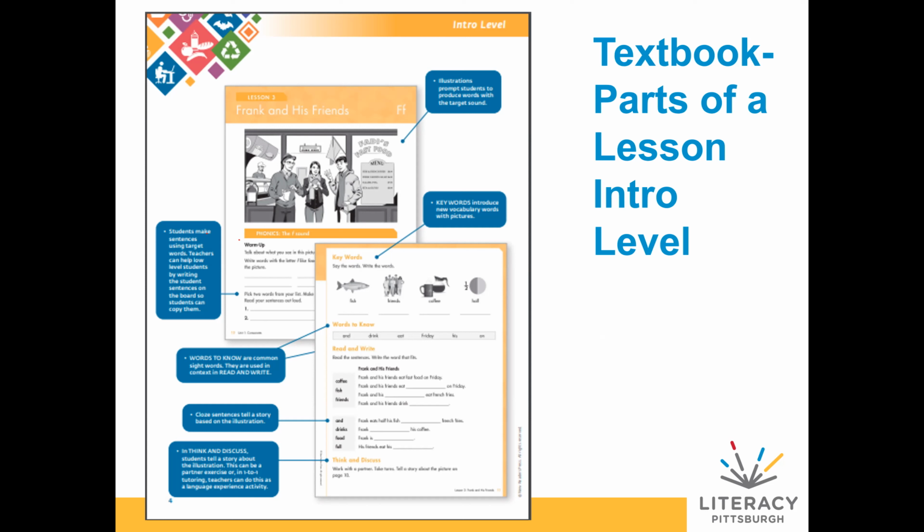Say the words, write the words. Again, something non-native English speakers couldn't do, so this book isn't for them. These are words they'll need to know for here. They're learning sort of sight words. Here are some vocabulary words: and, drink, Friday, fin. Then below is what we call a cloze exercise, where they fill in the blanks with words that start with that F sound, and the word bank is on the side.